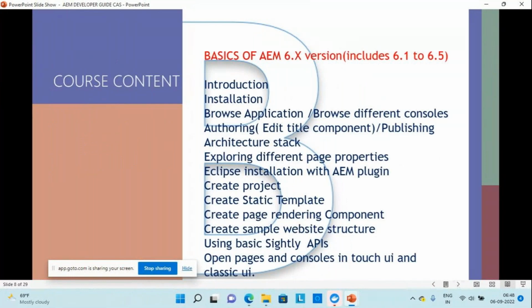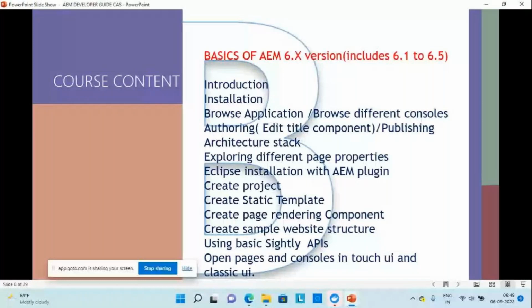Our course content has two parts, basics and advanced. I hope it is shared with you already. Srinivas or Sampath must have shared. I'll just go through it again. In basics, we are going to cover all the concepts which are common in all versions of AEM. Right now we have AEM 6.5 in the market. Also, they introduced AEM as a cloud service. So here we are going to cover all the concepts which are common in all versions of AEM